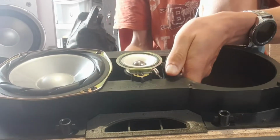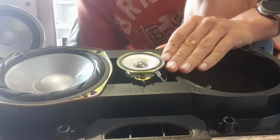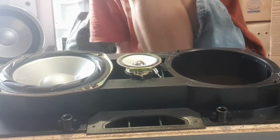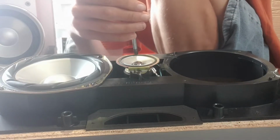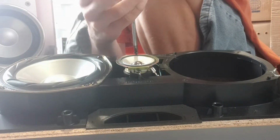Oh, let's have a look at the tweeter, eh? Let's bring it over here and have a look at the tweeter. Well, I mean, the other woofer will be just the same. So we're going to have a look at the tweeter here, see what the magnet is like off its bracket. It's pretty much only held in with 2 screws, so